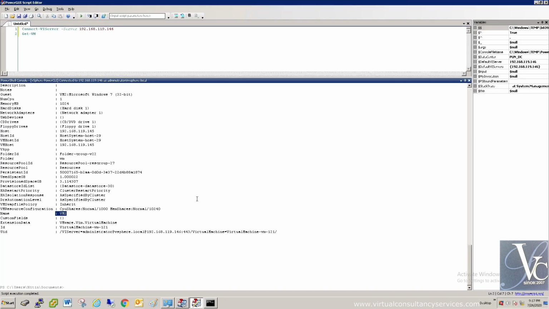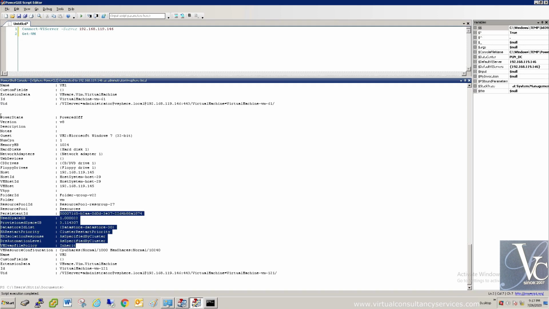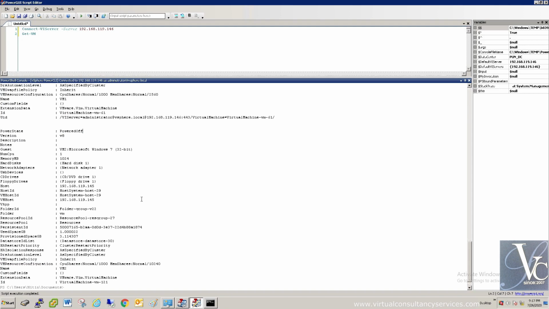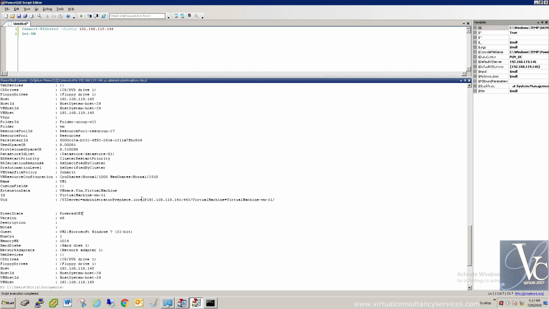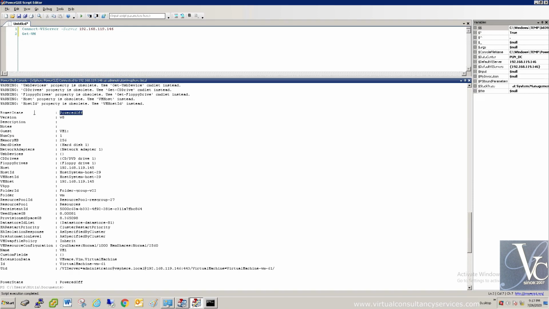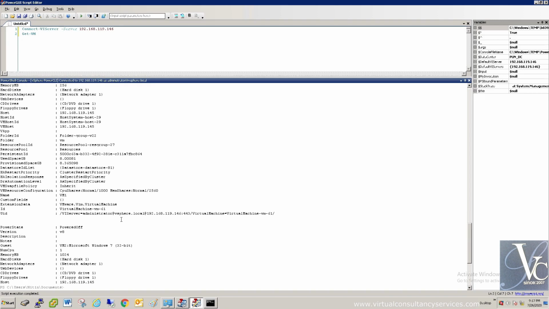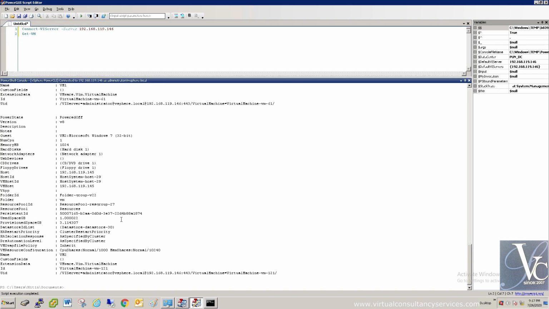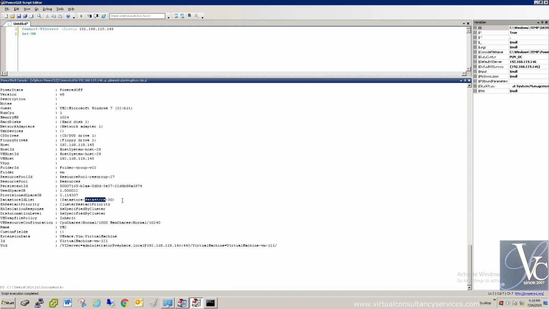One is inaccessible and the second one is powered off. Suppose I have to check the power status. The power status is inaccessible for one, and for the first VM the power status is powered off. Sorry, both VM statuses are powered off right now.